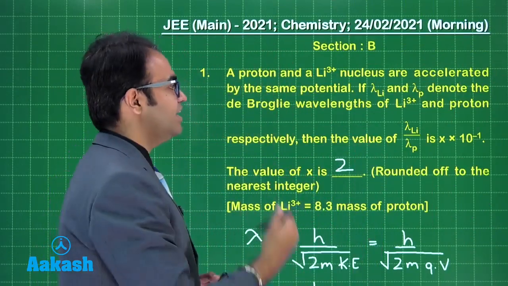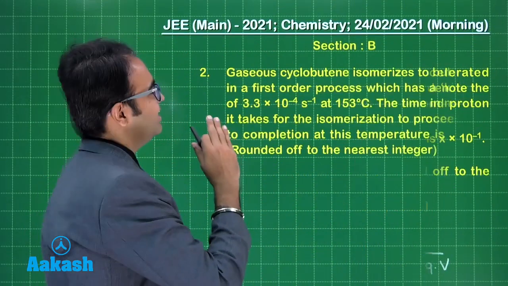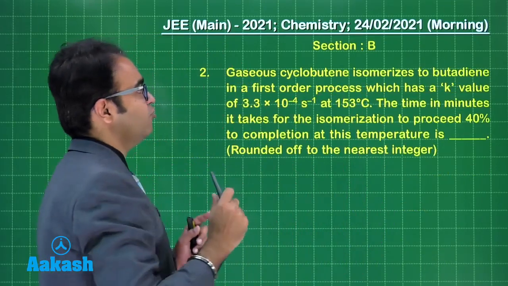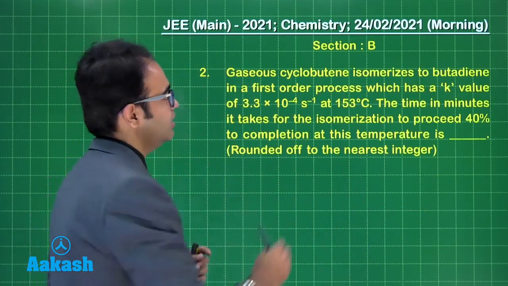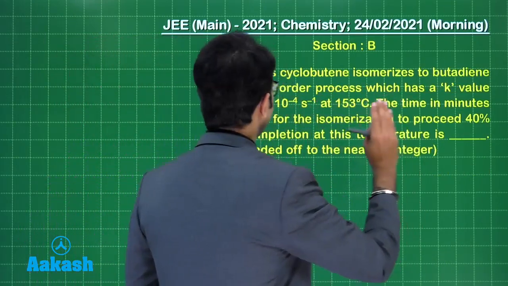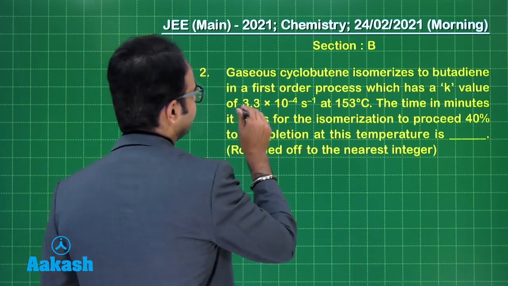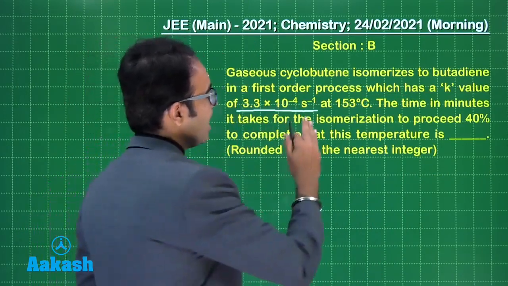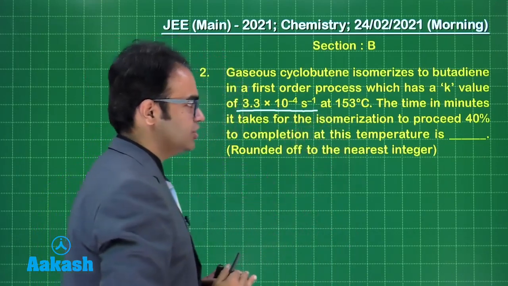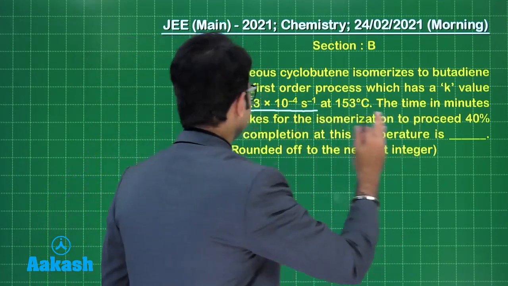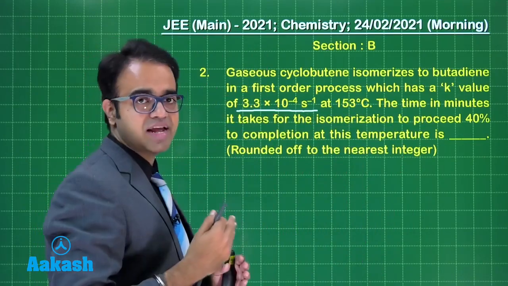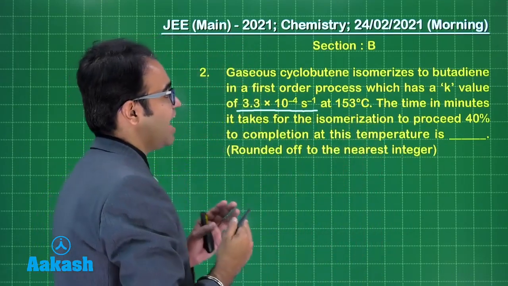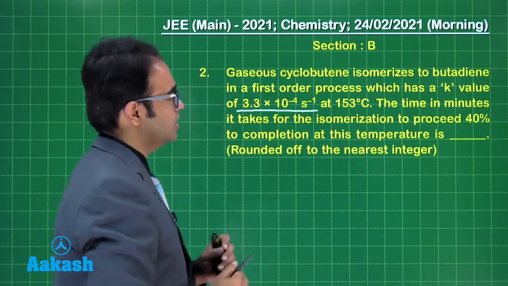Let us move on to the next question. Gaseous cyclobutene isomerizes to butadiene in a first order process, which has a K value of 3.3 into 10 to the power minus 4 second inverse at 153 degrees Celsius. The time in minutes it takes for the isomerization to proceed 40% to completion at this temperature is...